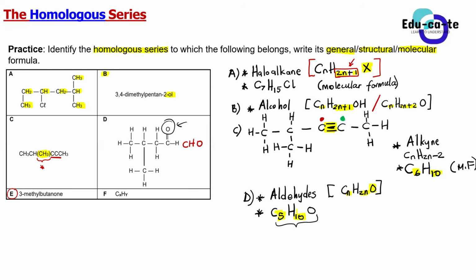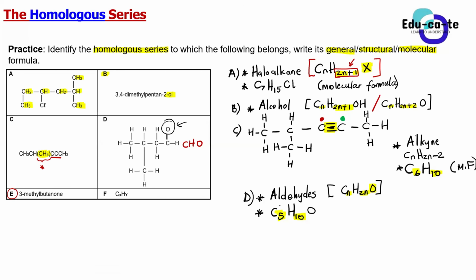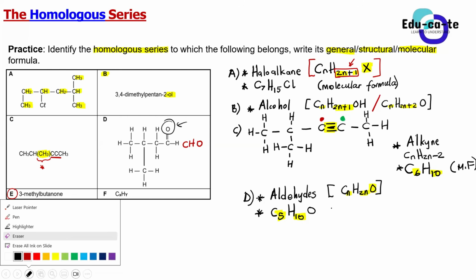Okay, so molecular formula, guys, I repeat: to find the molecular formula, you count the total number of each and every atom there. For example, we've got carbon as the main atom, and there are 5 of them. We've got hydrogen as the second atom, there are 10 of them. Then we've got an oxygen, and it's only 1. That's why you don't write a subscript such as 1, because it's only 1 oxygen. So that's your molecular formula.